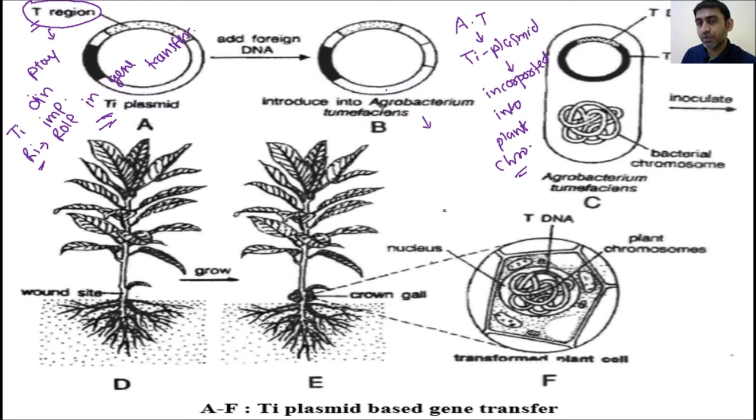So this is useful. And here are the transformed cells of the plant. So this is going to be introduced inside the plant. The tDNA has a cloning site into which the foreign DNA is inserted, in the specific segment of the bacterial plasmid, that is tDNA. So this recombinant plasmid is introduced into the bacterium Agrobacterium tumefaciens, then it is infected with a culture of cells. So this is going to happen.